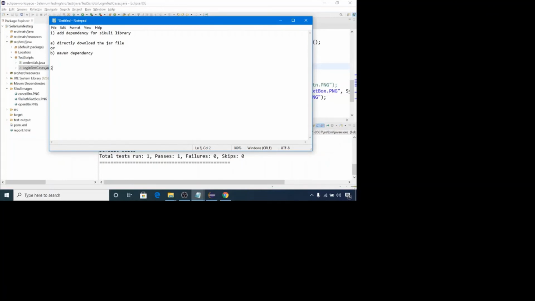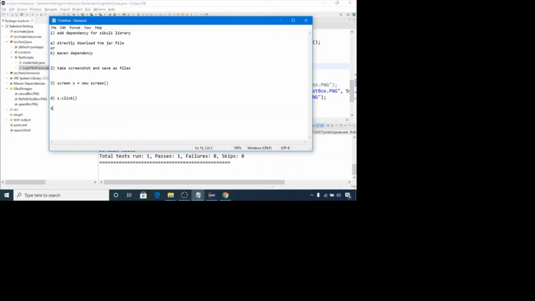Now the second step is you need to take screenshots of the elements on which you want to perform operations. So the second step is take screenshots and save them as PNG or JPG files. Third step is you need to get one object of the Screen class. And the fourth step is you need to perform the operation. If you want to perform a click operation, use s.click and pass the path of that file on which you want to perform the click operation.